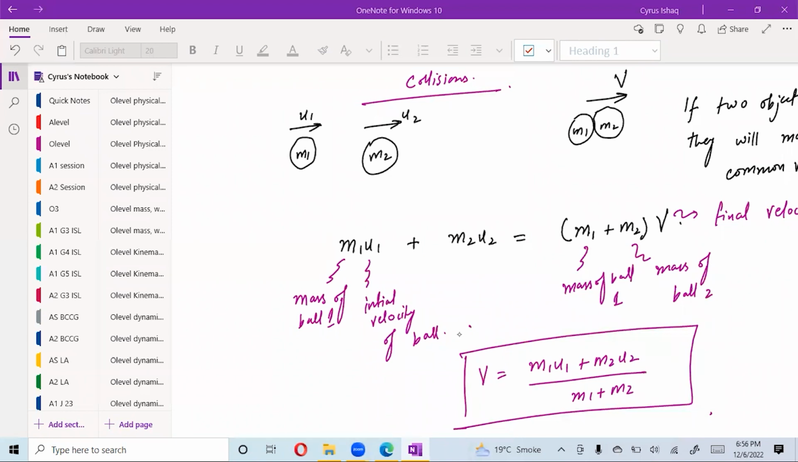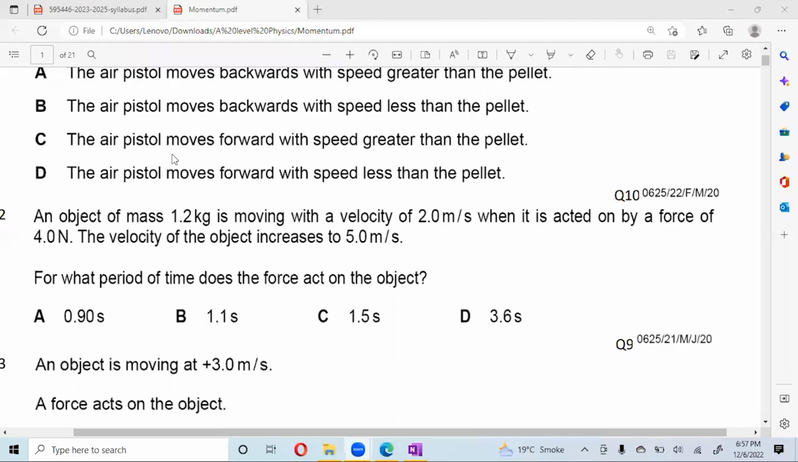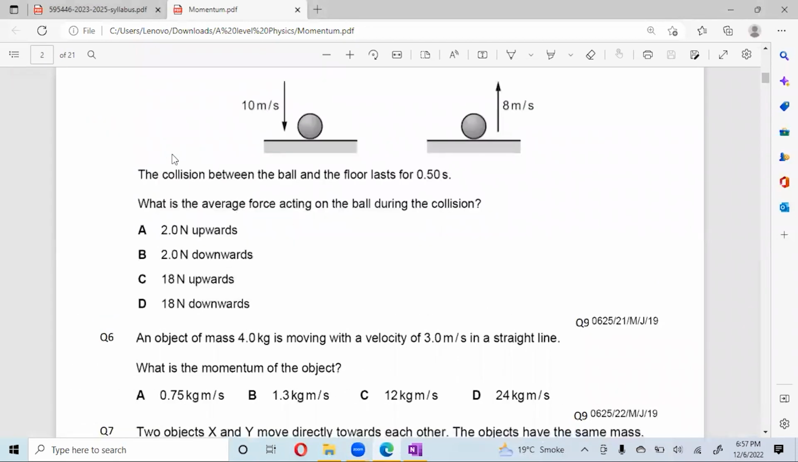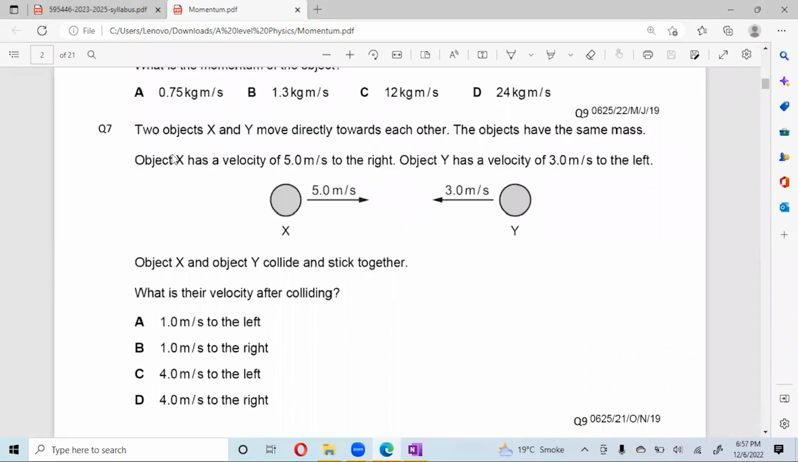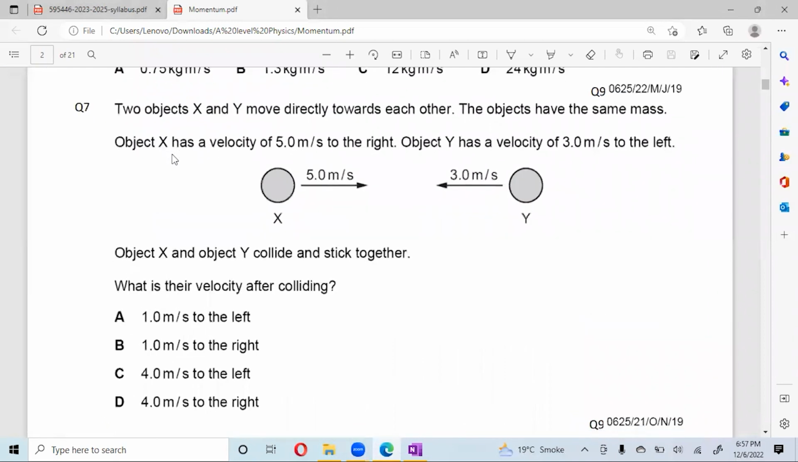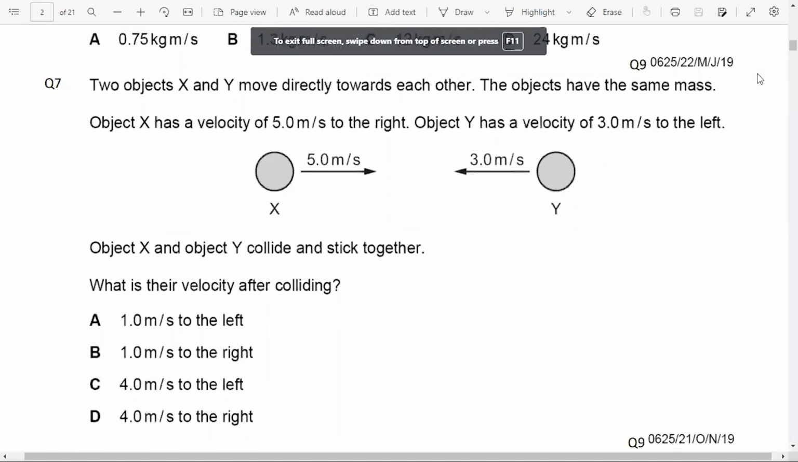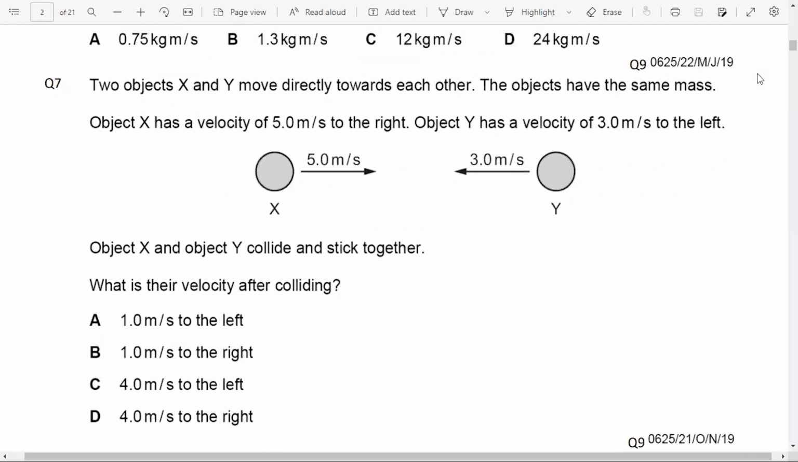Acha ji, let us do some questions regarding this, since we have covered the main things in this topic. Let us do a question here which illustrates this concept. Question number 7 जरा करें। इसमें आपने डायरेक्शन का बहुत ख्याल रखना है कि अगर एक राइट पे जा रही है तो उसको आप पॉजिटिव लेंगे और लेफ्ट पे जा रही है तो उसको आप नेगेटिव लेंगे।